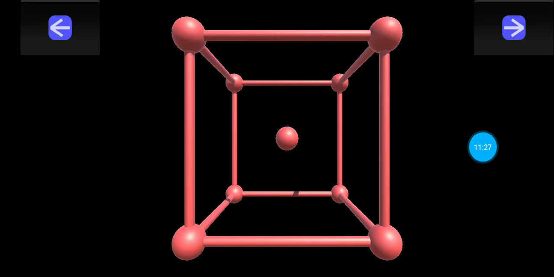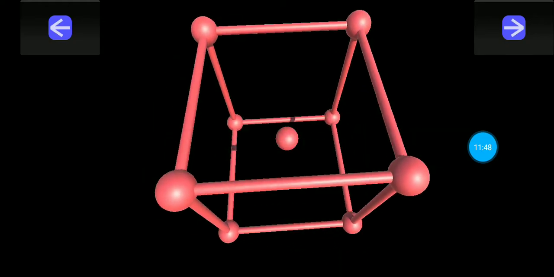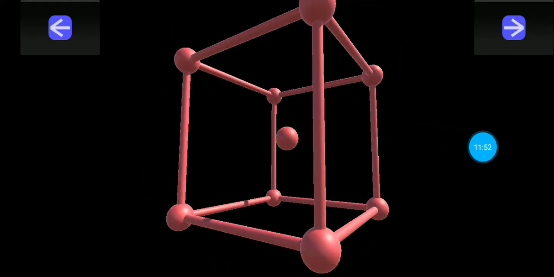It is the same as the simple cubic cell we saw before: at 8 corners of the cube we have 8 atoms, and the difference here is we have one more atom at the center. Now let me rotate it to get a view of how it looks in 3D. This is how we can rotate in the application, and it will look like this in 3D.